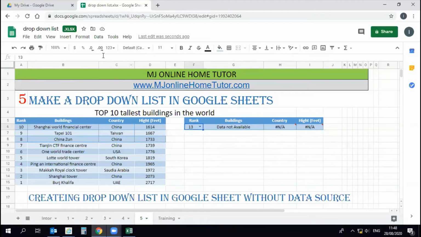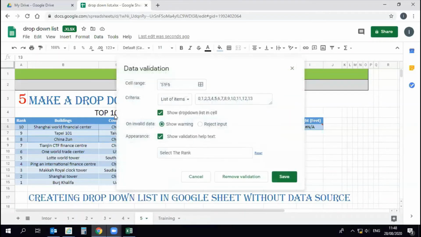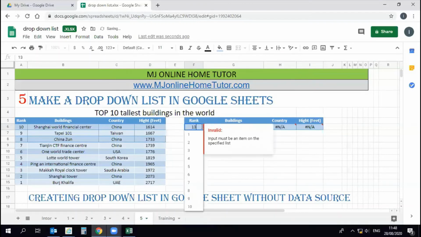Here you can see how we apply the data validation, or we can change the data validation numbers from here as per our requirement, as per our data. So let's write 1 to 10, so it will not give us any kind of error. It will just show the data which we have in the table. 10, 1, 2, whatever you want.